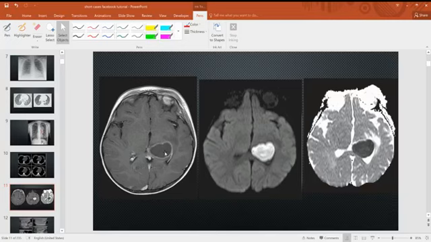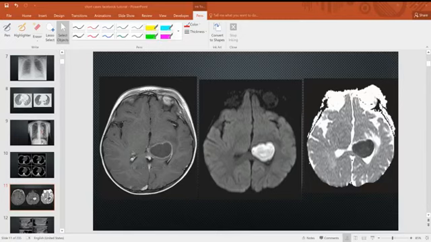And what are the differential diagnoses of a ring enhancing lesion? You can put it in one word. What is that one word or two words? What are the differential diagnoses? We can write, someone said it is MAGIC DR. So MAGIC DR is the